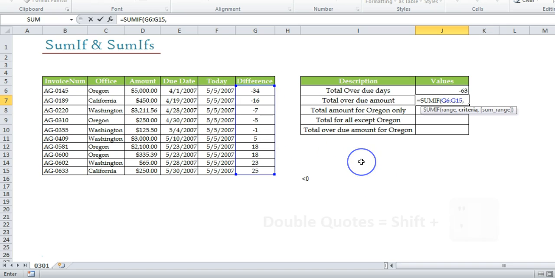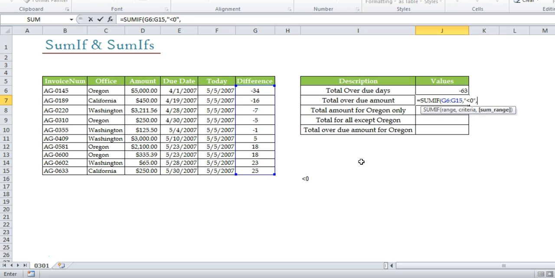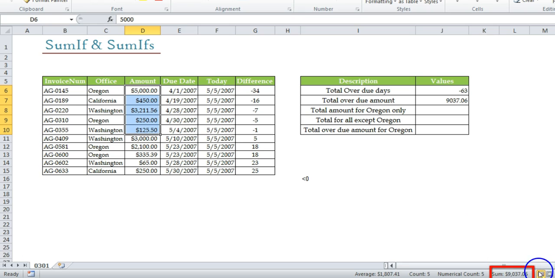So again it will remain the same, which is double quotes, less than 0, double quotes, comma, sum range will be the range from where we want the ultimate sum. So that is this range, the complete range. Now we'll close the bracket and press enter. See this. The same answer which we were talking about, 9037.06, which is this one.